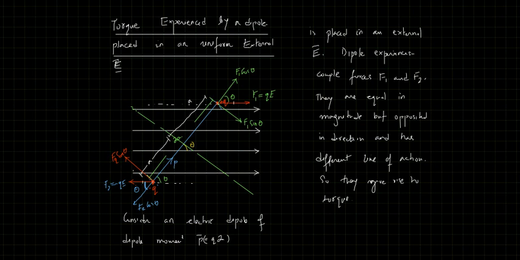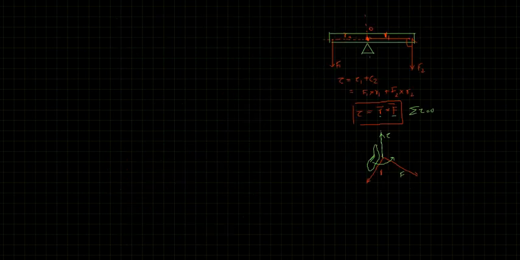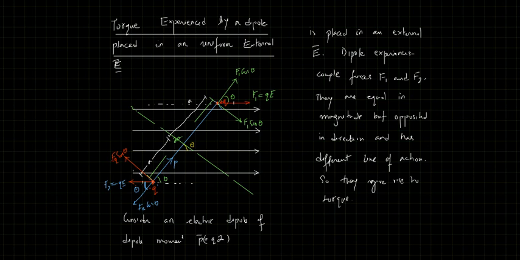Now you can see F1 sin theta and F2 sin theta are the perpendicular forces, exactly similar to this situation. I cannot just take F1 equal to QE and F2 equal to minus QE. I have to always take the perpendicular components, because the perpendicular forces are responsible for the torque, not the full F1 and F2. Okay? So what do I need to do now?